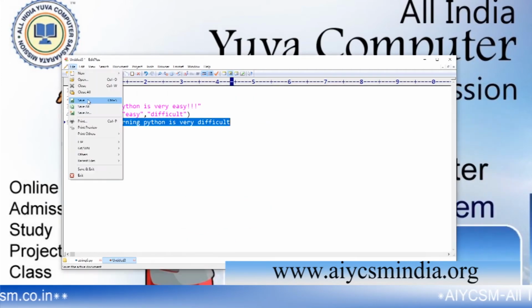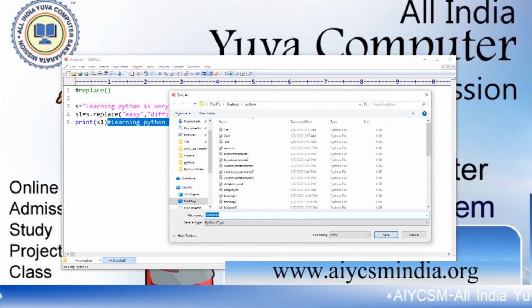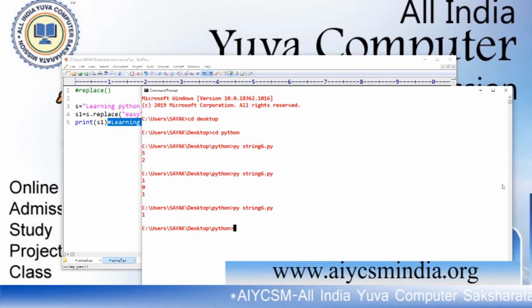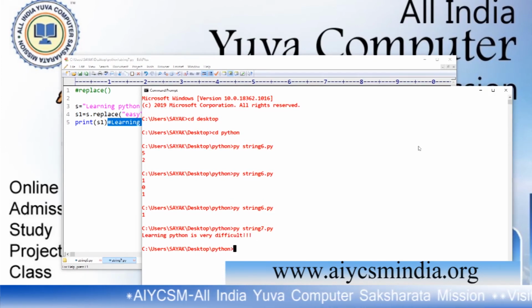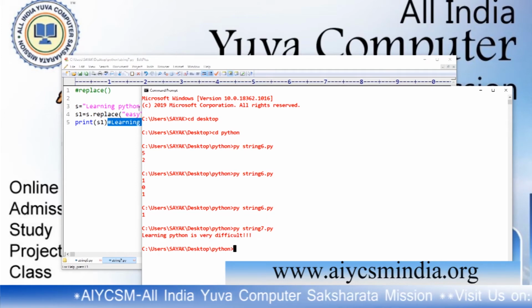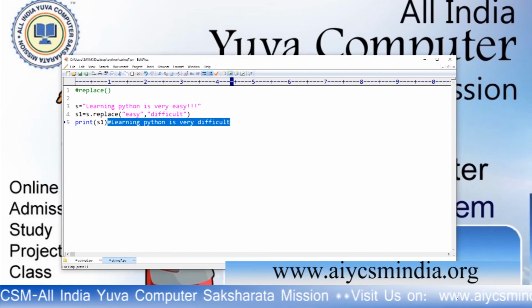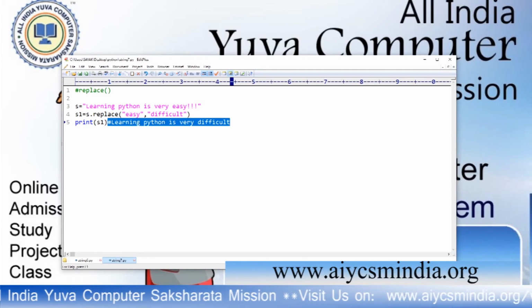So I have created a new file, string7.py. I have to run it from the command prompt. Learning Python is very difficult. The word easy is replaced by difficult. Okay, we can do so many programs with the help of this one.